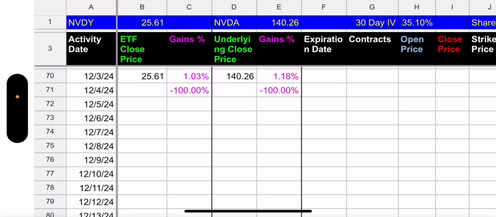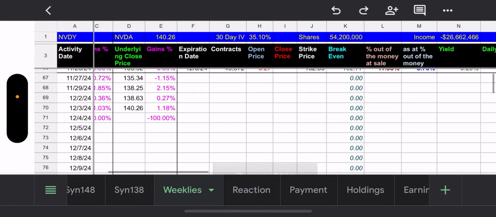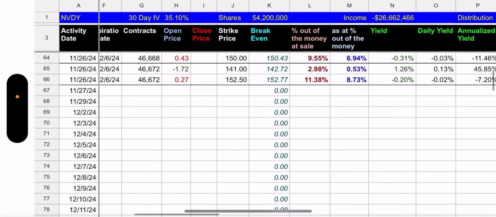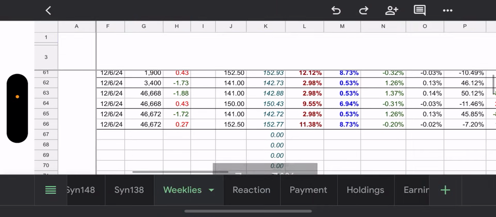So, how did NVIDIA do yesterday? They went up. Oh my God, NVIDIA went up 1.03%. So let's take a look at what they've got going on for this week. Are they any better? Are they worse? Who the hell knows, right? Let me get the Zoom game going. All right,